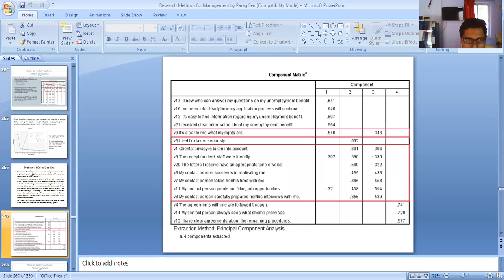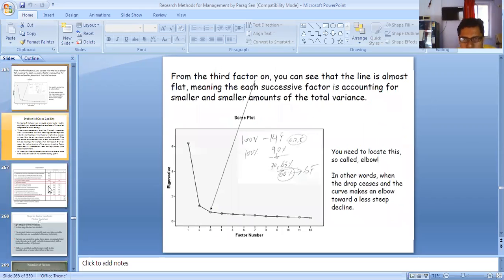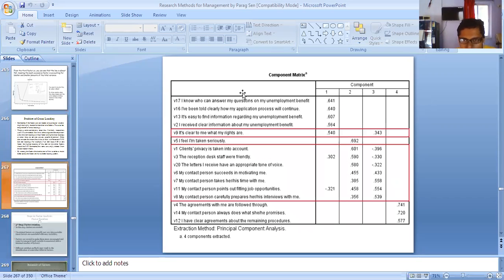Okay, so after that you will have to choose which particular variable is loaded onto which particular component. That you need to choose. Those things I will discuss later. In the next class I will discuss which particular variable should be loaded onto which particular factor, how to do that, and